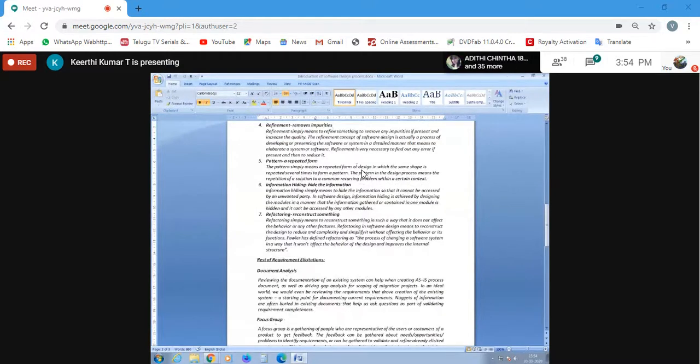Pattern simply means a repeated form or design in which the same shape is repeated several times to form a pattern. You see, the same shape is repeated several times.